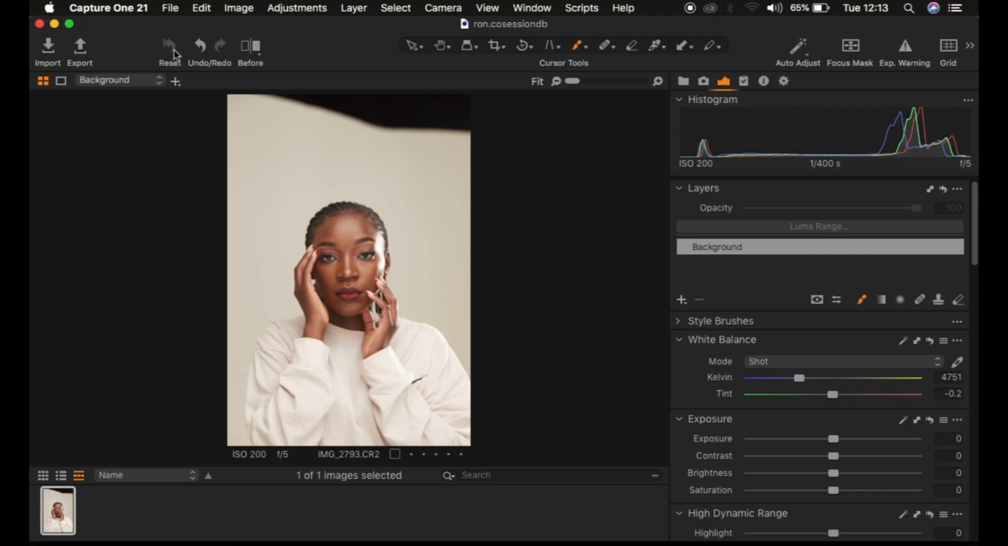In this tutorial I'll show you my whole retouching and color grading workflow when it comes to editing images in general. So I'll show you how I easily color grade and retouch images,